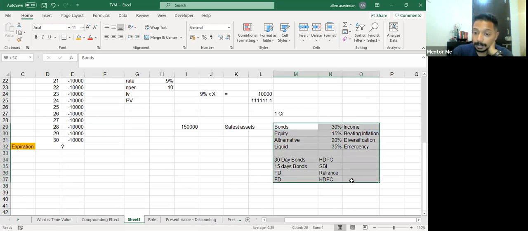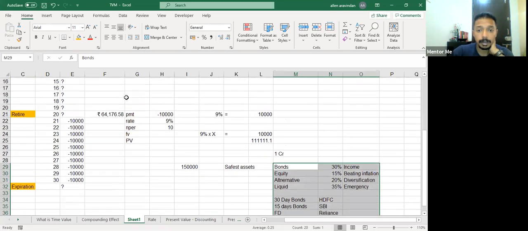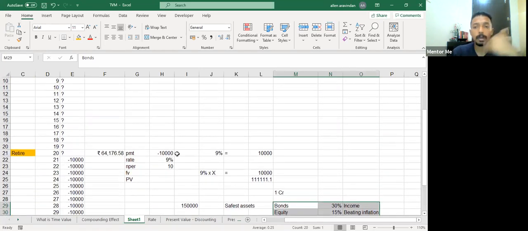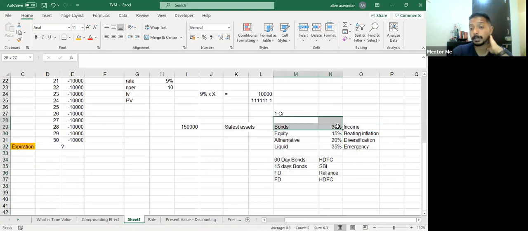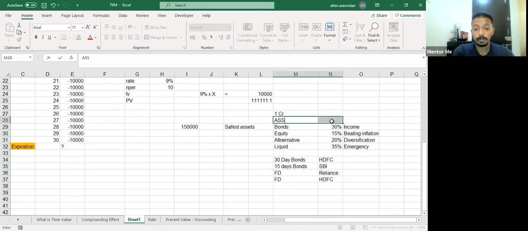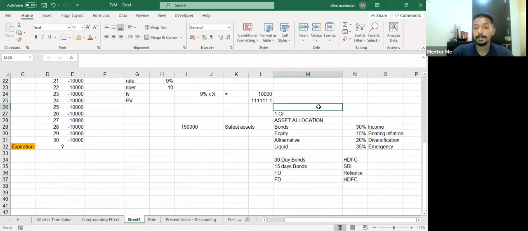So that's how, at a very broad level, portfolio management works in reality. But when it comes to our personal finance, it is not that complicated. We just need to fix an allocation. This is called asset allocation, by the way, guys. This is what people don't understand. And when I was doing my CFA level 3, till level 2, we used to assume that it's all about finding newer opportunities and finding newer investment vehicles. Nothing like it.